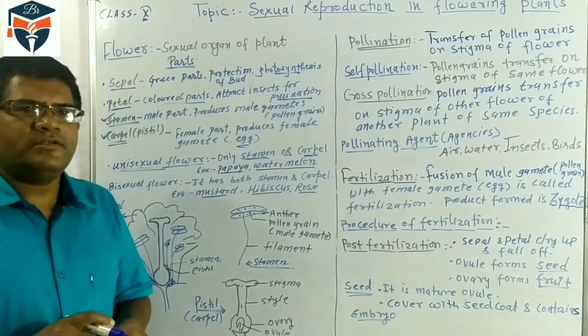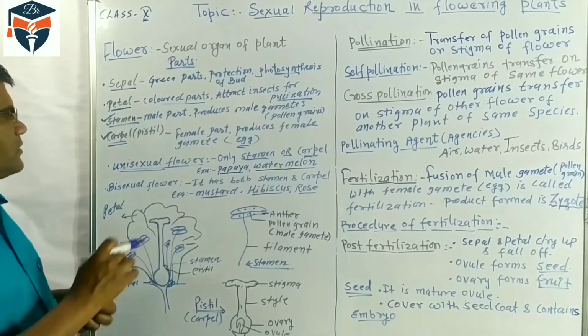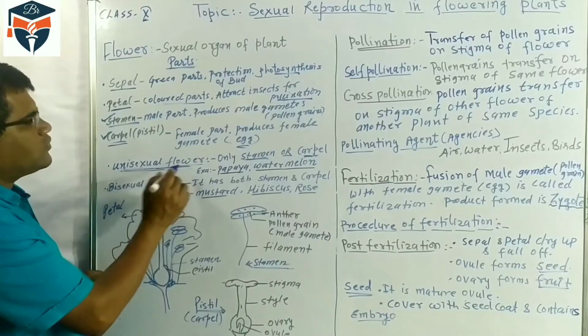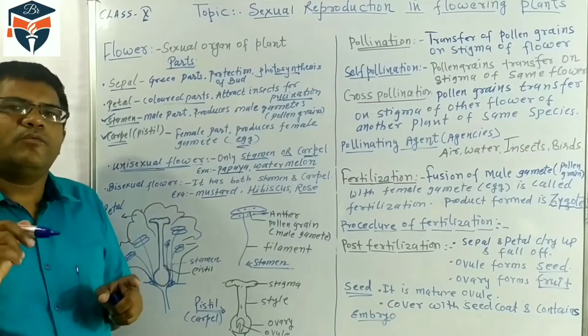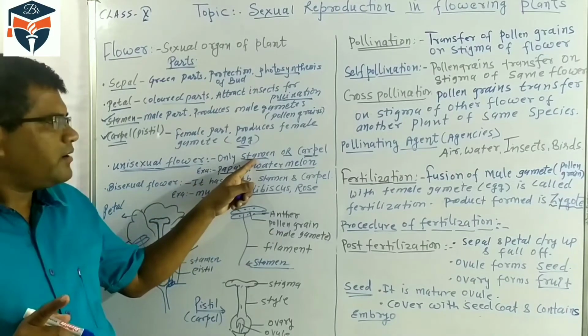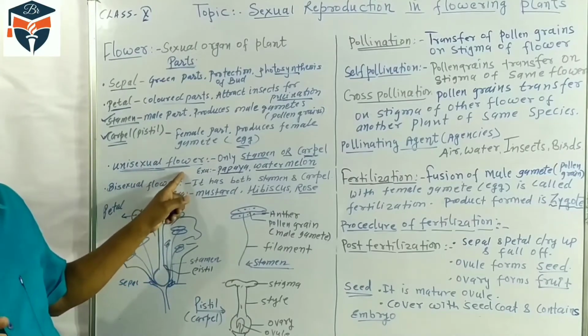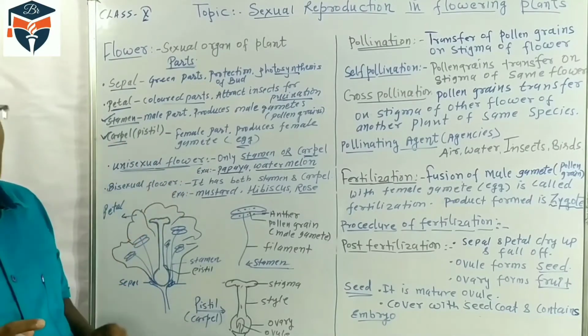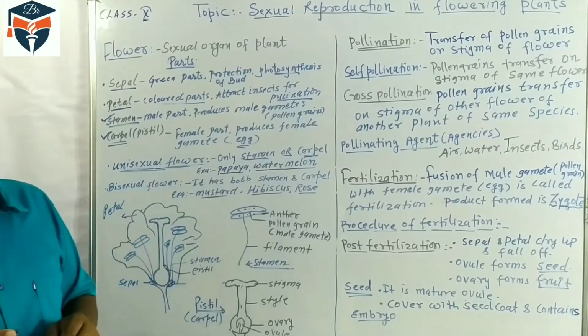Either stamen occurs or carpel occurs. So this type of flower is called a unisexual flower. Unisexual flower means they bear only one type of sex. Either they have the male part or they have the female part. So such types of flowers are called unisexual flowers. Papaya and watermelon are examples of